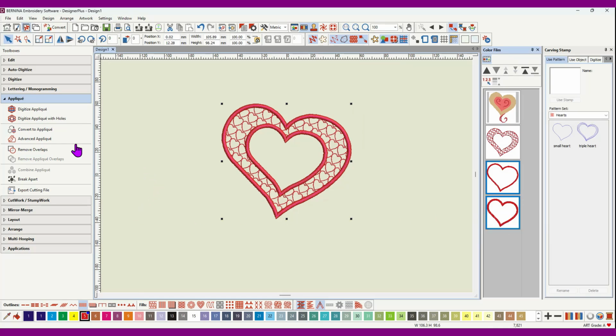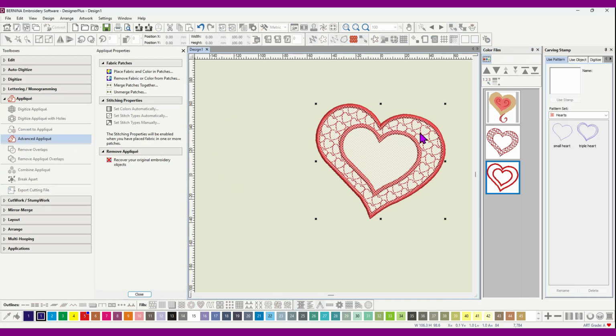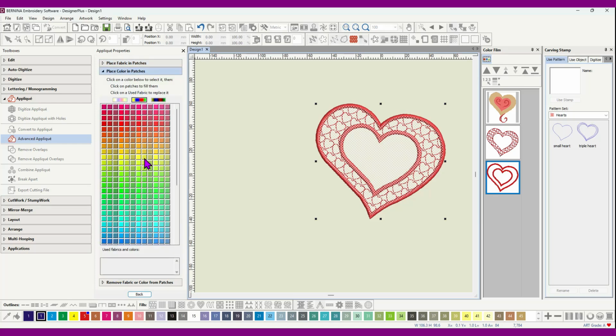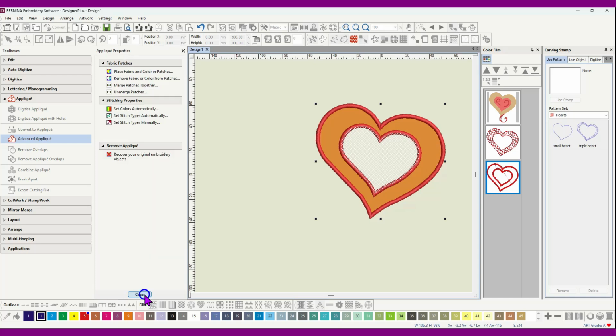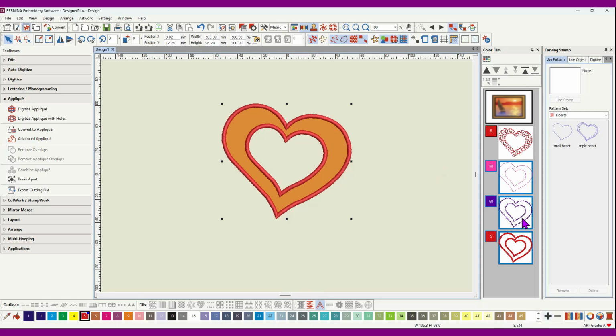So those two, go to our applique toolbox and click on the advanced applique, and you can see that it's got mesh over the whole lot, so we can now place fabric or colour in the design. Let's get our gold colour and come across, and you can see I can just place the fabric in there, and that's all there is to it. Back and close, and there we have our applique for that area only,